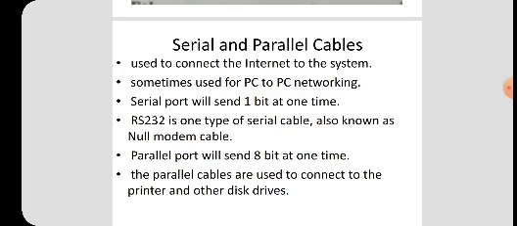So why is it called a null modem cable? A cable interconnecting two devices directly without a modem is known as a null modem cable.